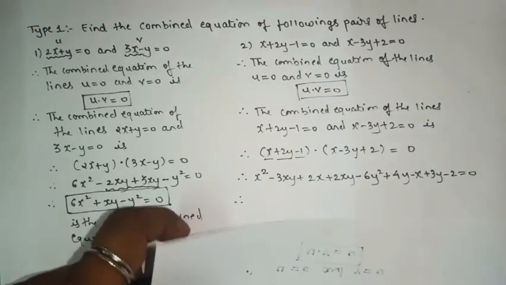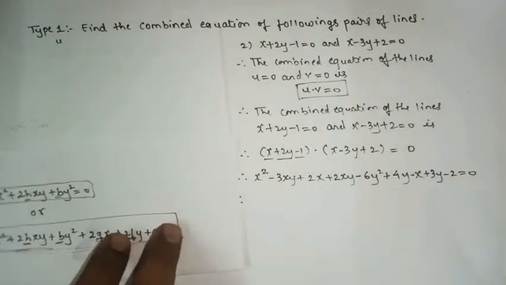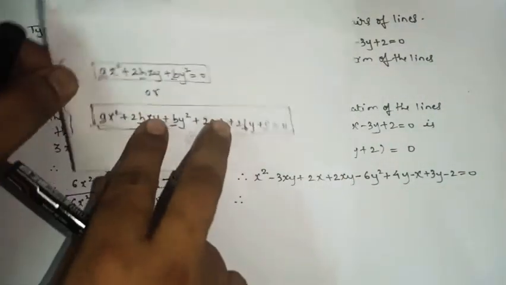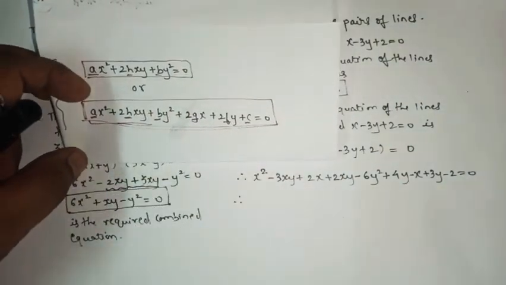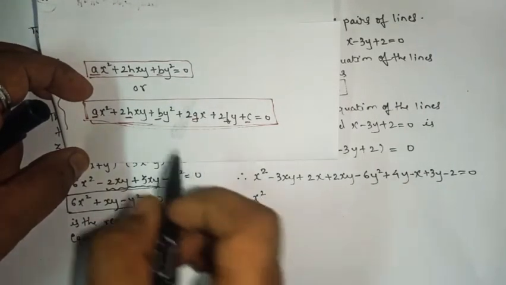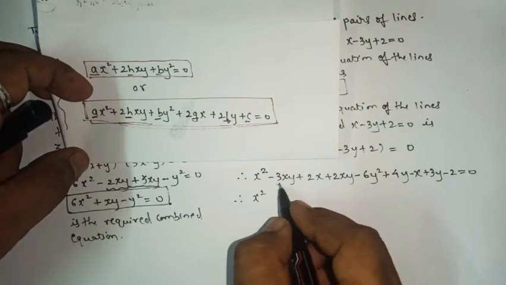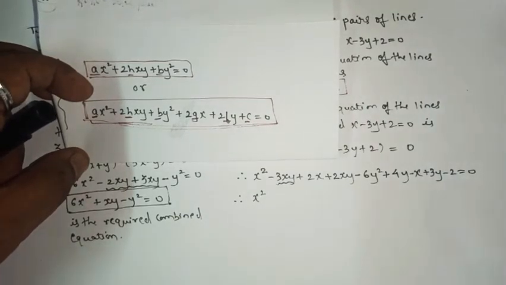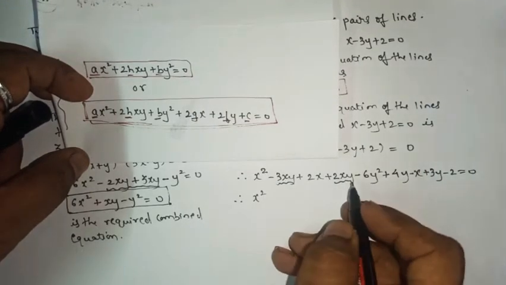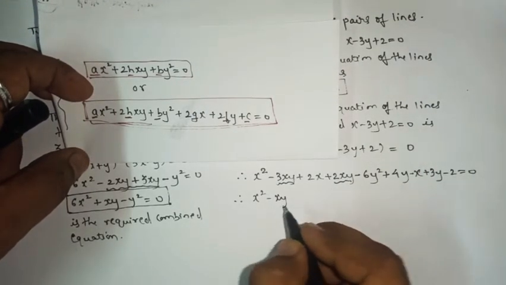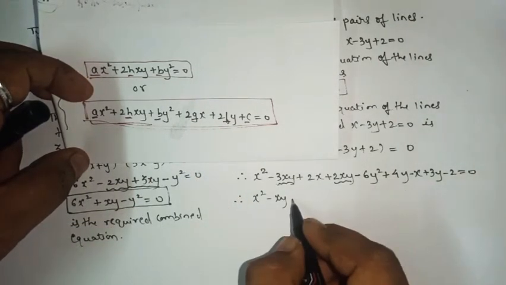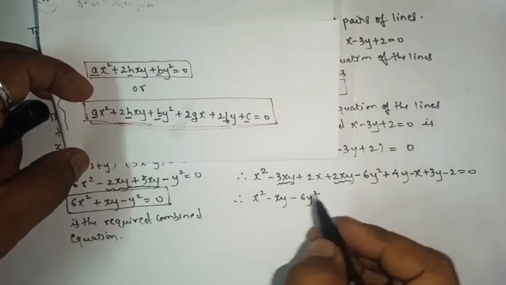Now listen here, you have to arrange the equation in this form. Yes or no? So first you will keep x square. Now check for xy. xy, yes or no? So minus 3xy plus 2xy, that will be what? Minus xy, yes or no? After that y square will come. Check for y square, yes it is there, minus 6y square. Then after that